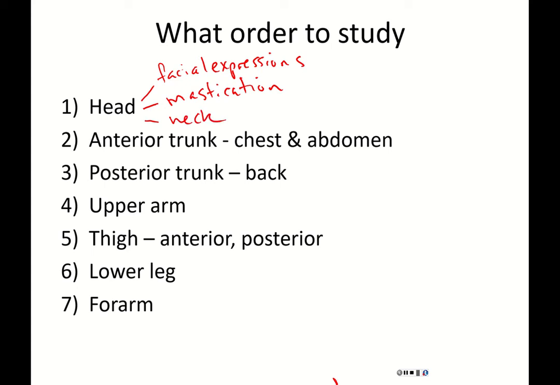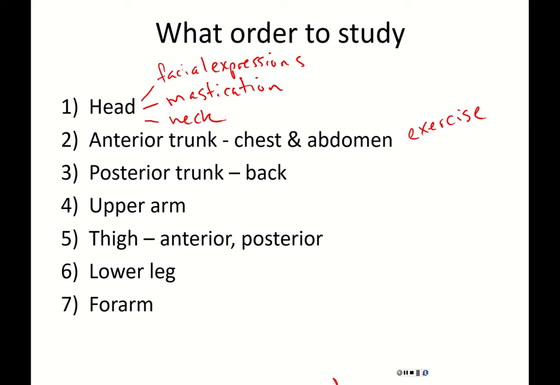After you've learned the head really well, I would move on to the anterior trunk and try to learn all of the chest and abdomen muscles. These ones are not that bad because they have to do with exercises. So if you have gone to the gym before, or you know someone who's really into working out or is an athlete, you know how they work out their pecs and their abdomen, and they want that six-pack. So what we're going to look at is just what is the real name of those muscles, what's their actual Latin names. Then after you've done the anterior of the trunk, go ahead and move to the posterior for the